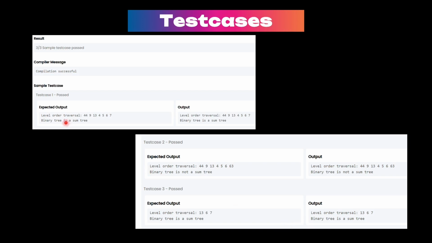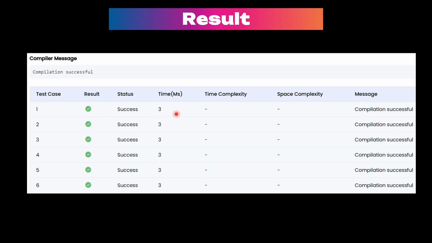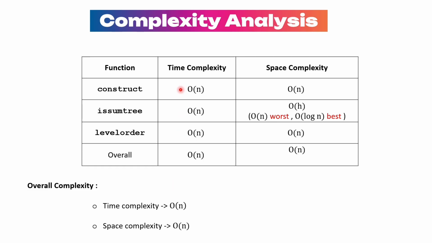So, these are the sample test cases passed, and the execution resulted in a runtime of 3 milliseconds, as shown in the image. Finally, let's analyze both the time and space complexities. The overall complexity of the tree function is order of n for both time and space. The construction function runs in order of n for time and order of n for space, while isSumTree operates in